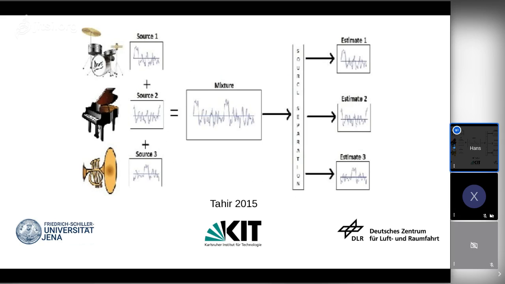In our case, of course, the sources are the volcanic activity and the solar activity. And the mixture is the temperature series outputted by the climate model. In the example that you see on the screen here, the mixture is linear. Therefore, the problem reduces down to an independent component analysis, or ICA.